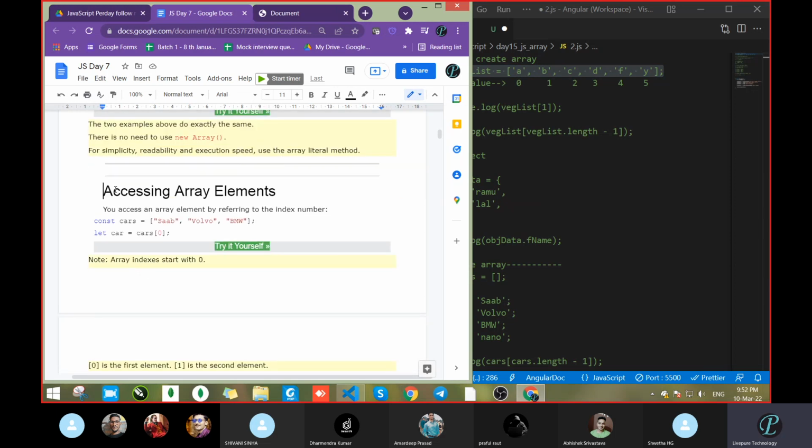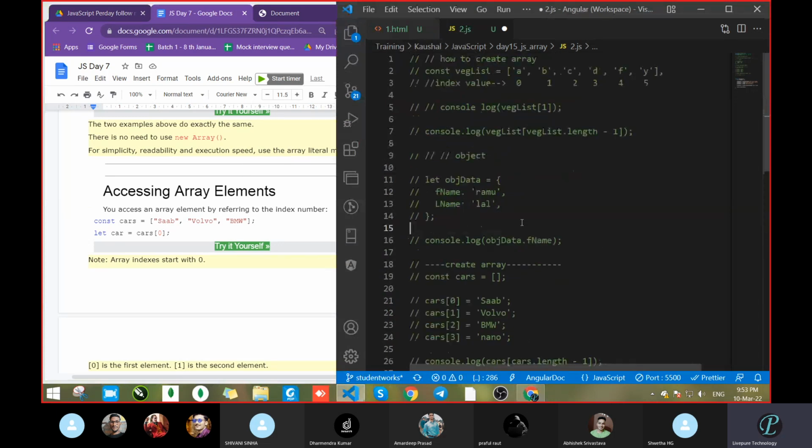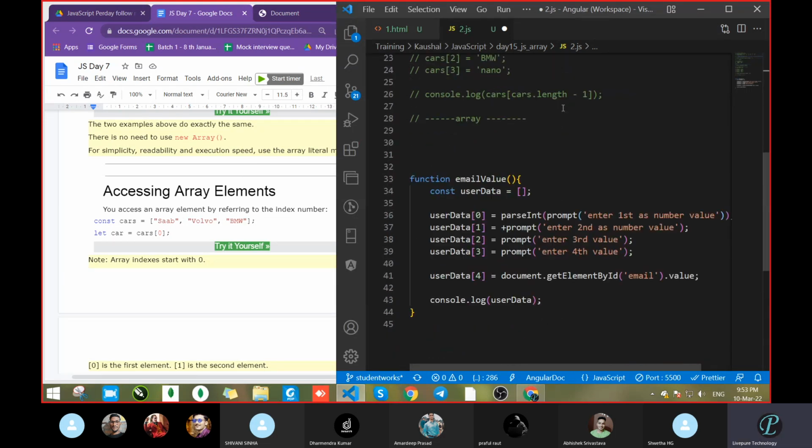We have already seen how to access array elements. Does anyone have any issue in accessing? We can access like car 0, car 1, car 2, car 3, that way we can get the data. We already saw that in the console. Does anyone have any issue? Tell me.